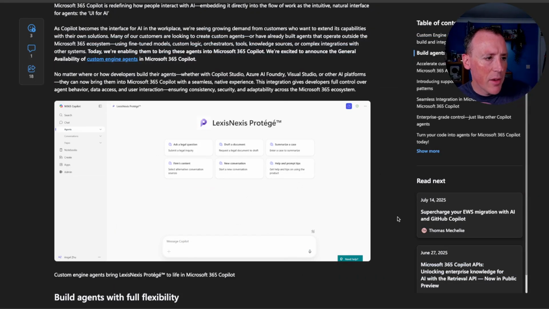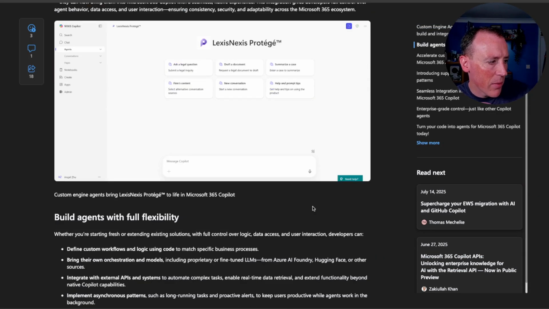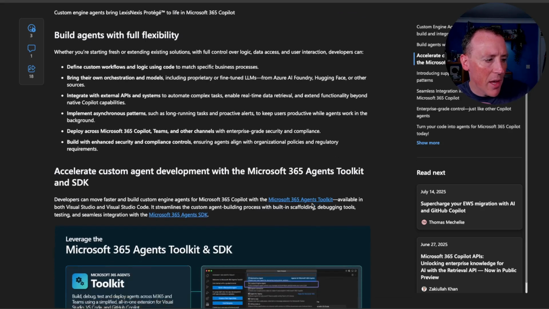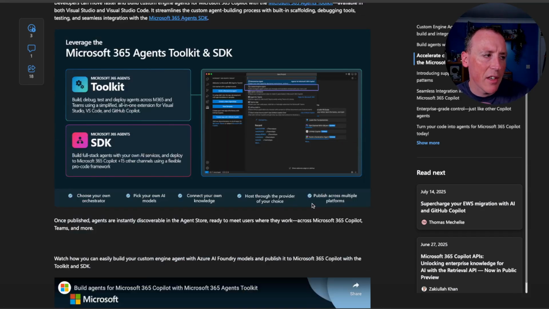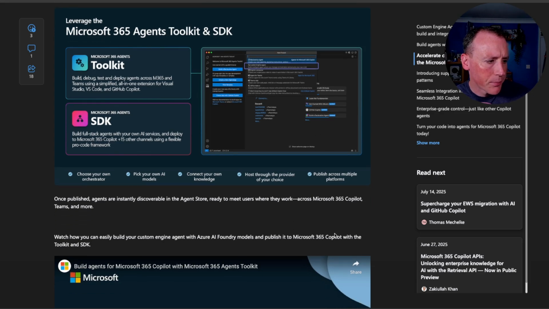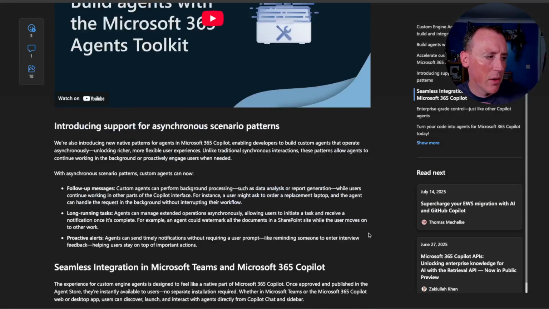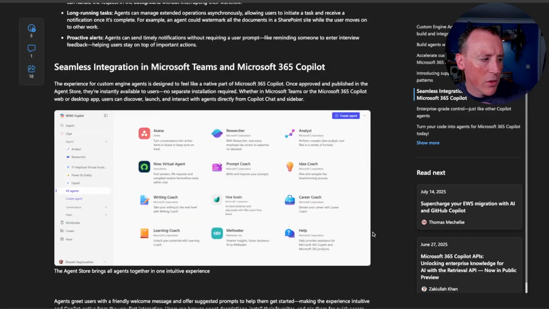There's an example here from one of the partners that have done something. But yeah, this means that you can do this today. It's accessible via the Agents Toolkit, the newly renamed Teams Toolkit, now called the Microsoft 365 Agents Toolkit. You can access it from there. You can create a custom engine agent that way. And there's a bunch of videos as well for what you can do next. So,